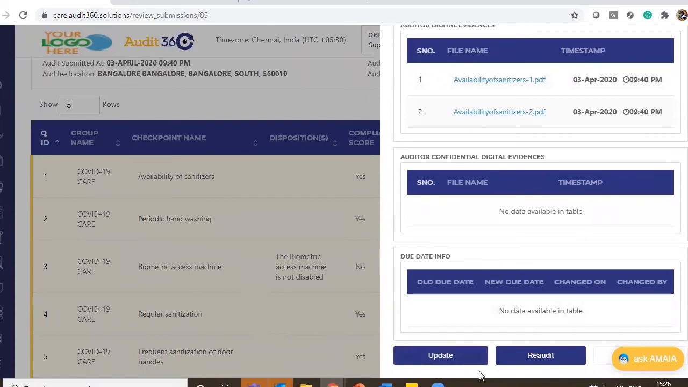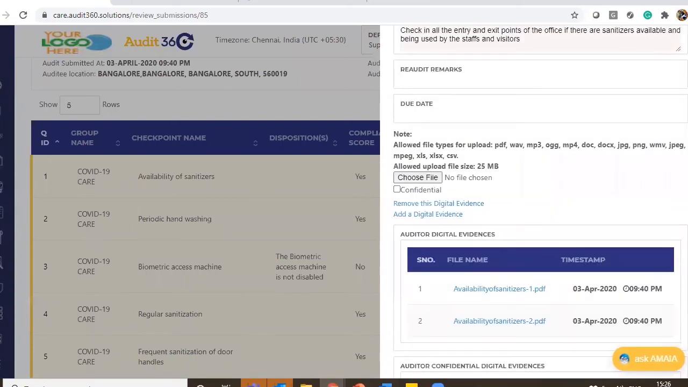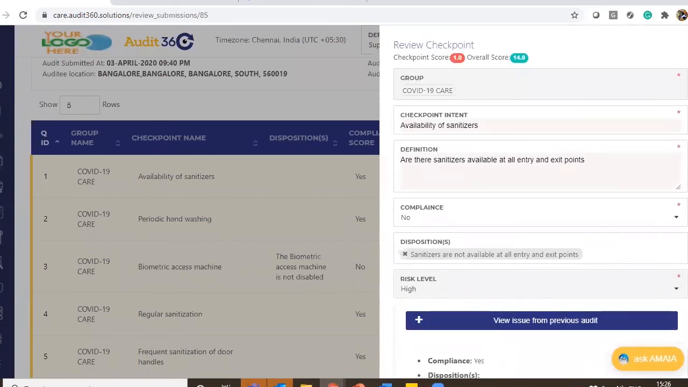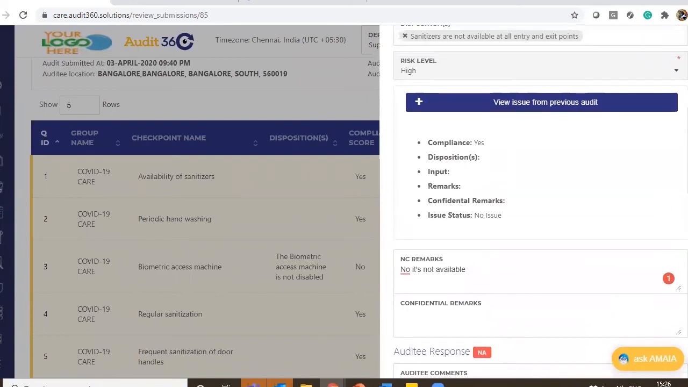Now, next to update, you can also see there is a re-audit button. What does a re-audit mean? Now I have my auditor who has gone to the field or the respective audit place. He has done the audit. He has completed his audit. But when I was reviewing it, I found that a specific set of checkpoints are not audited completely. In this case, I am not very clear whether this audit was done thoroughly and what information I have got from the auditor. I'm not able to take a decision, but I felt that this is a very important checkpoint, but needs to